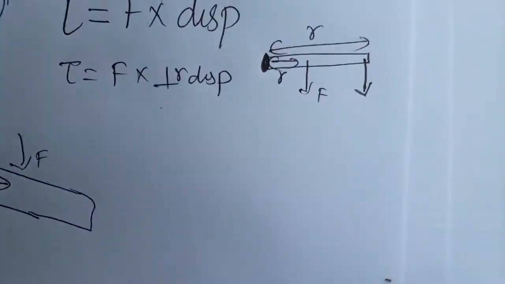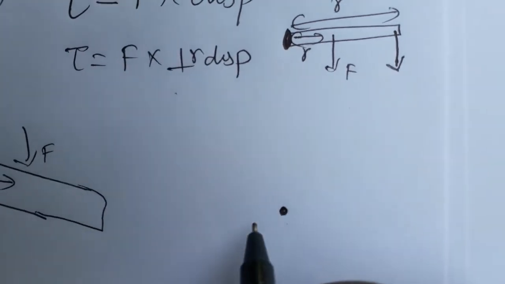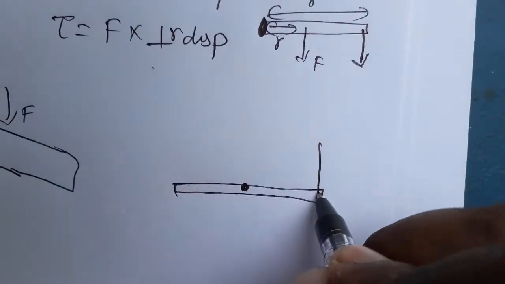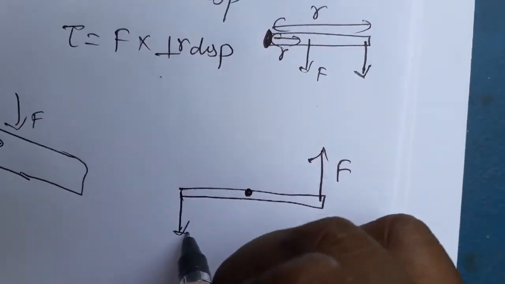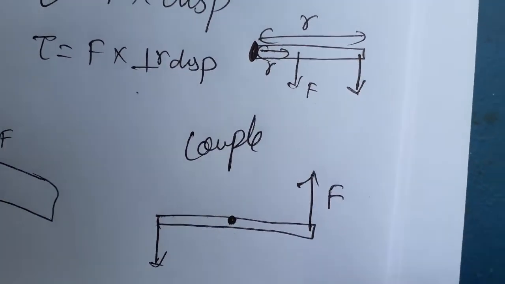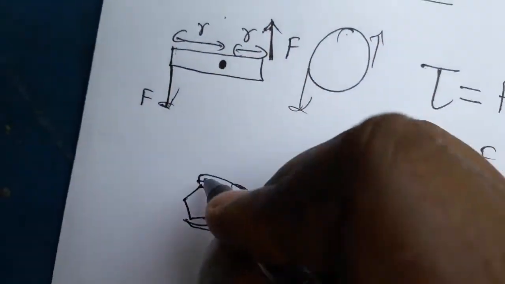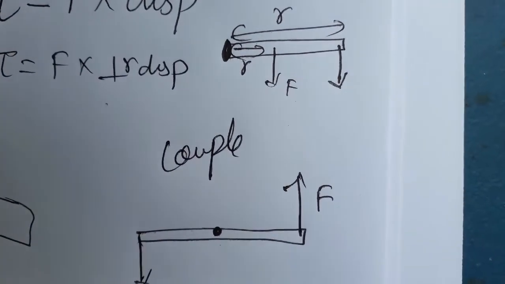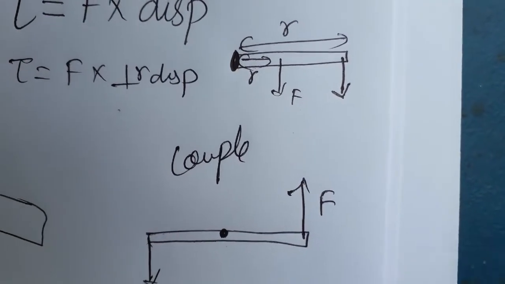It is a fixed point. From the fixed point, on the left side one torque is created and on the right side one torque is created. Here one force, here one force. That is called couple force. Examples as I said: opening the nut, where there is one force here and one force here; opening the pen cap; and car wheel steering. Many things are couple forces.